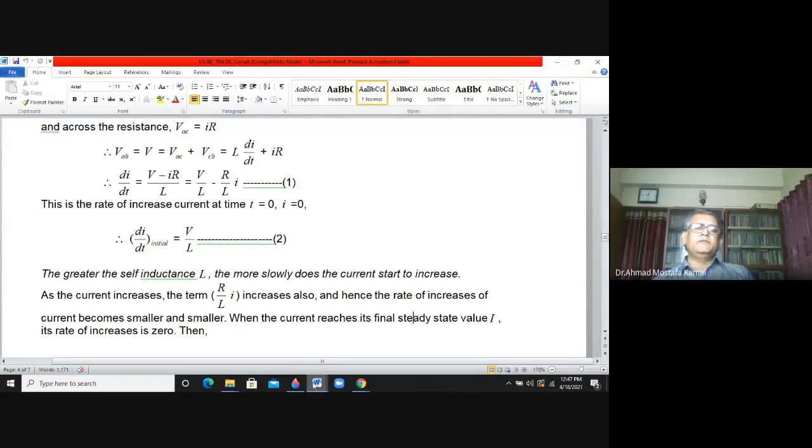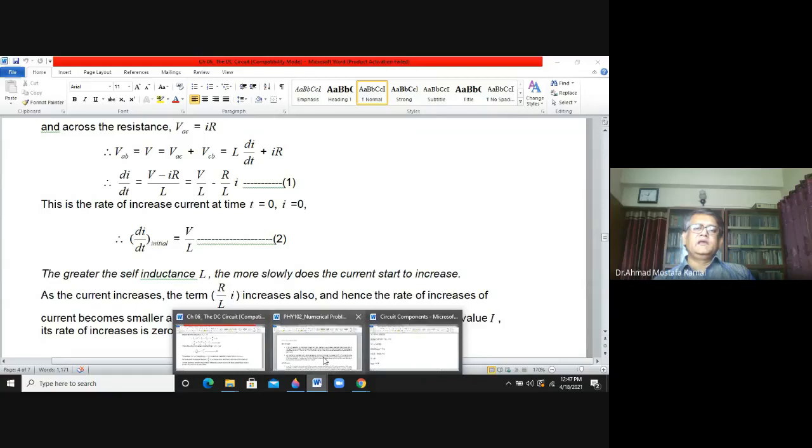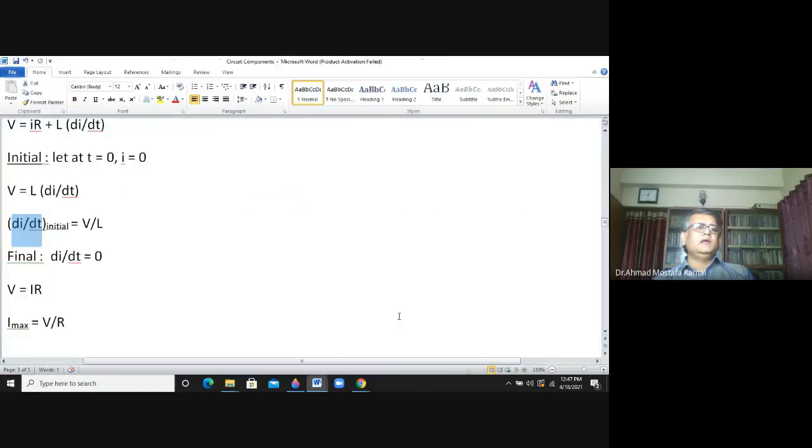So you see, if that is the case, initially the current was 0. And we got the di by dt initial is equal to V by L. Then current will start to increase. And when it reaches the maximum value,